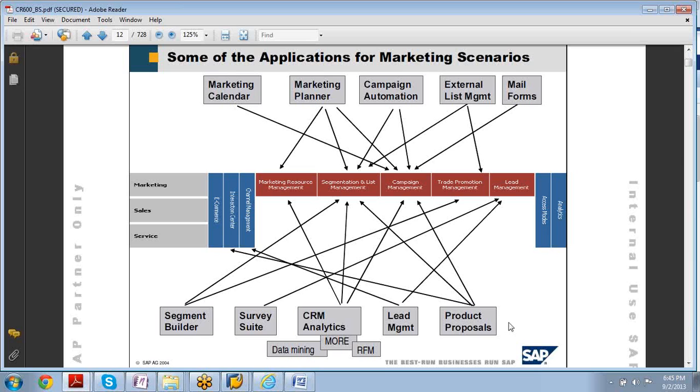Definitely, the access modes, analytics, everything is prepared for you. When it comes to online business, product proposals will work. In all the roles, lead management will work in marketing, because everywhere lead is an output. So we should know how the lead management has to be worked. Analytics is not our job, because CRM analytics consultants are people who are coming from the business intelligence background.